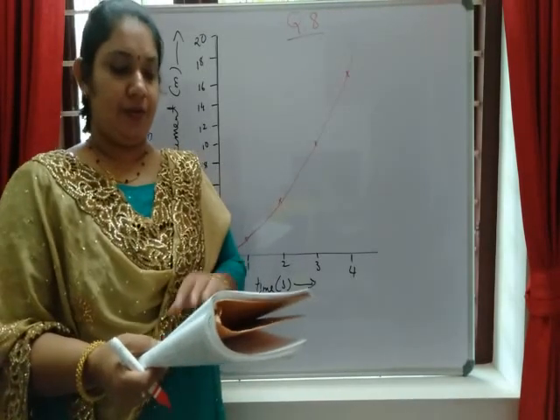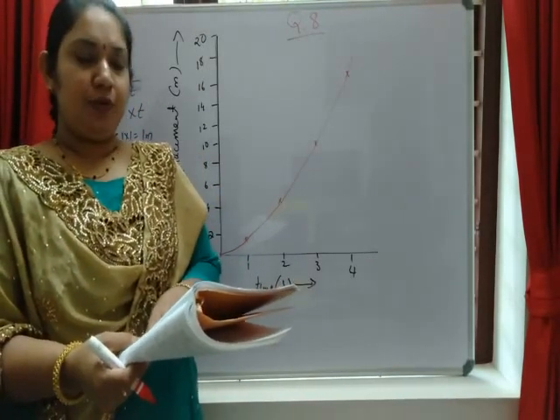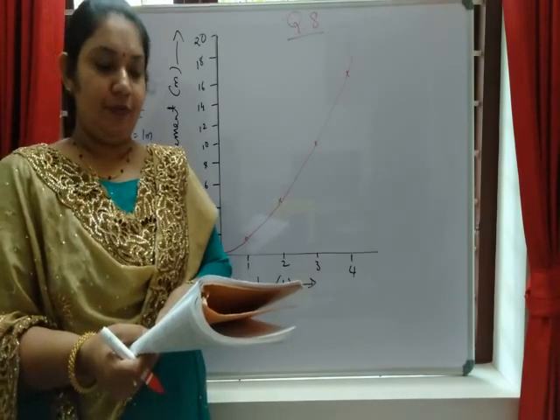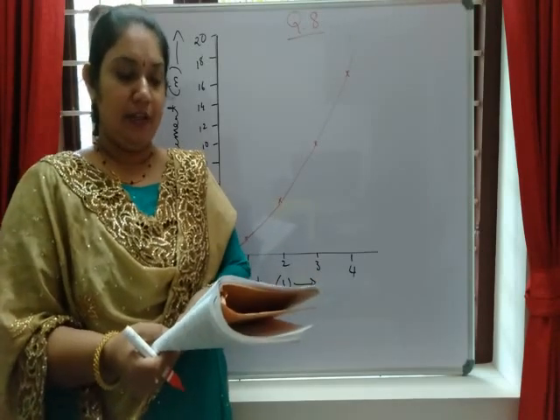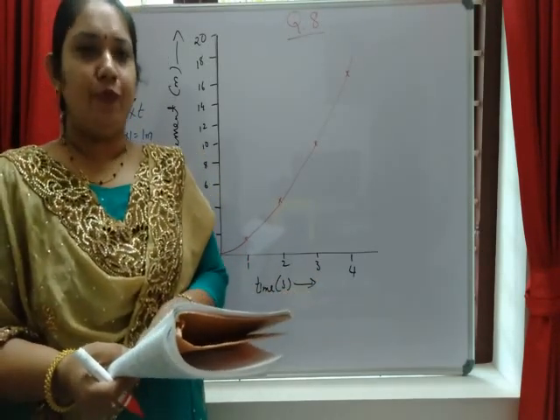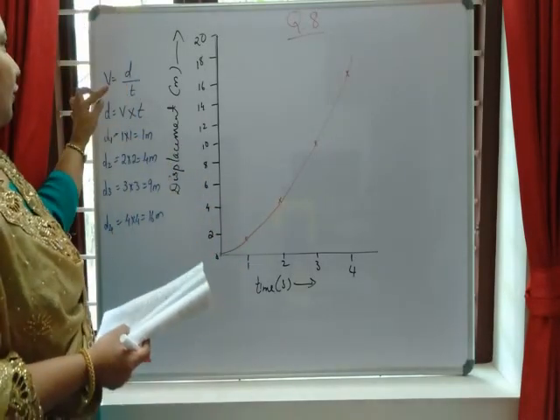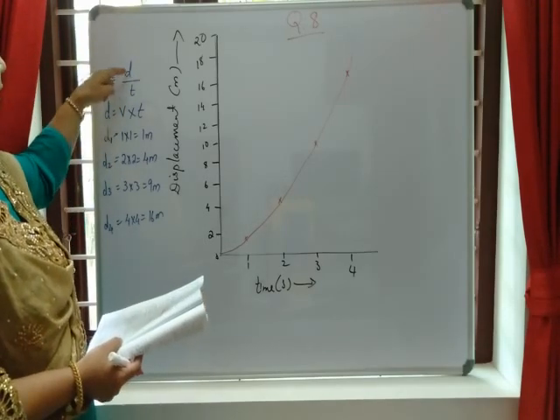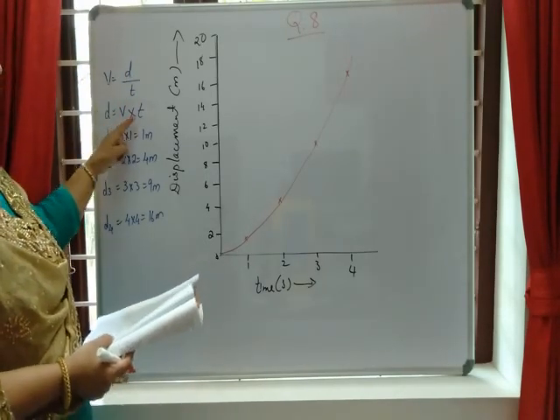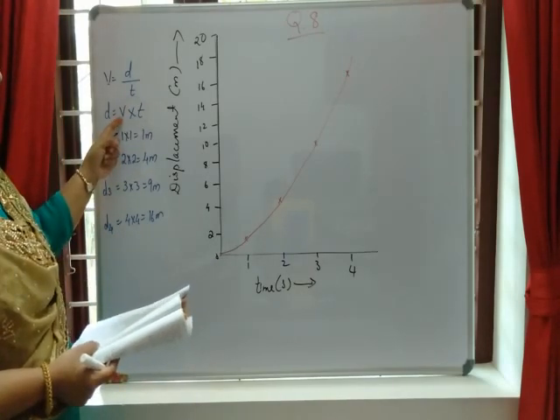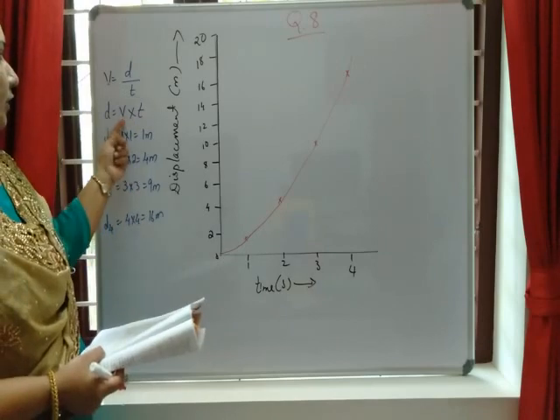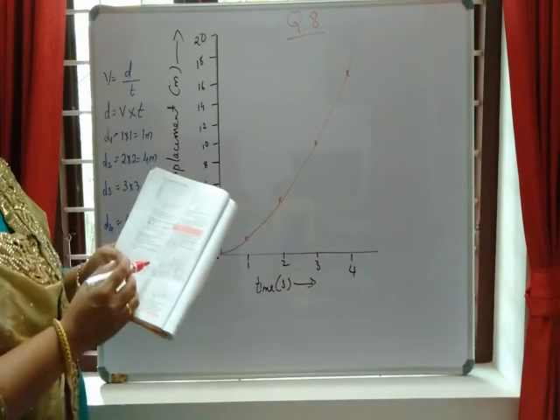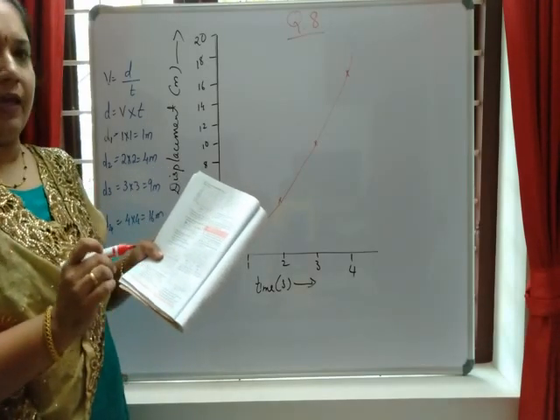Next, question number 8. In the textbook, you are provided with a velocity time graph. Using that graph, we are asked to calculate the displacement of the body at 1 second, 2 seconds, 3 seconds and 4 seconds. We have the formula for velocity, which is displacement by time. So how will you calculate displacement? Just cross multiply: velocity into time. So displacement of the body can be calculated using velocity into time. So for displacement at the first second, please look at your figure number 2.41a.